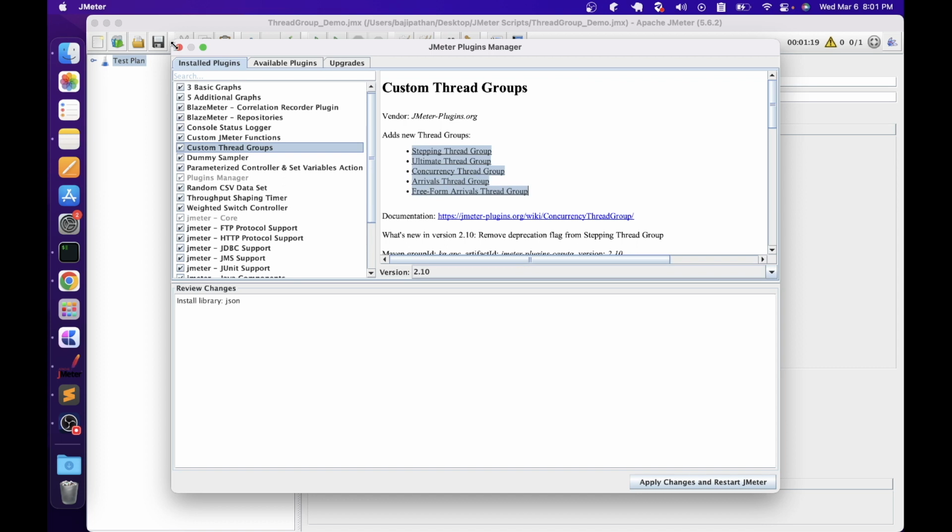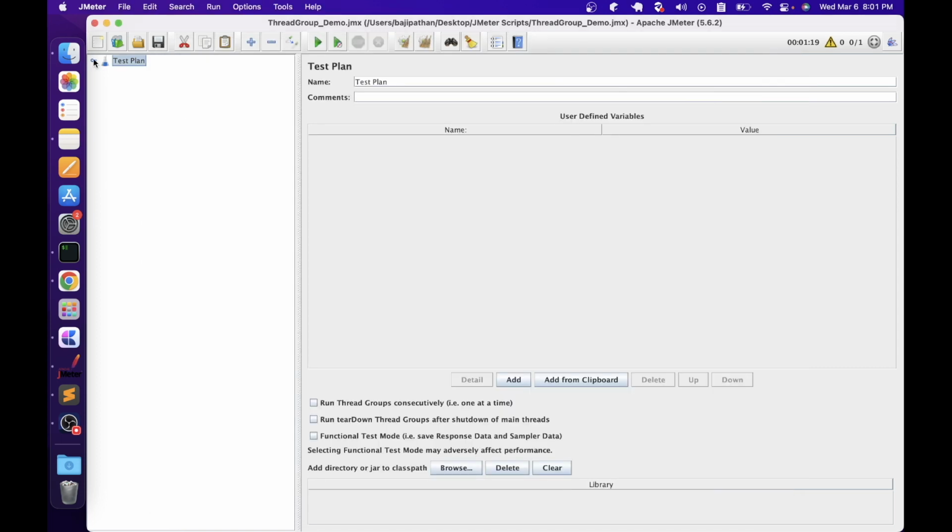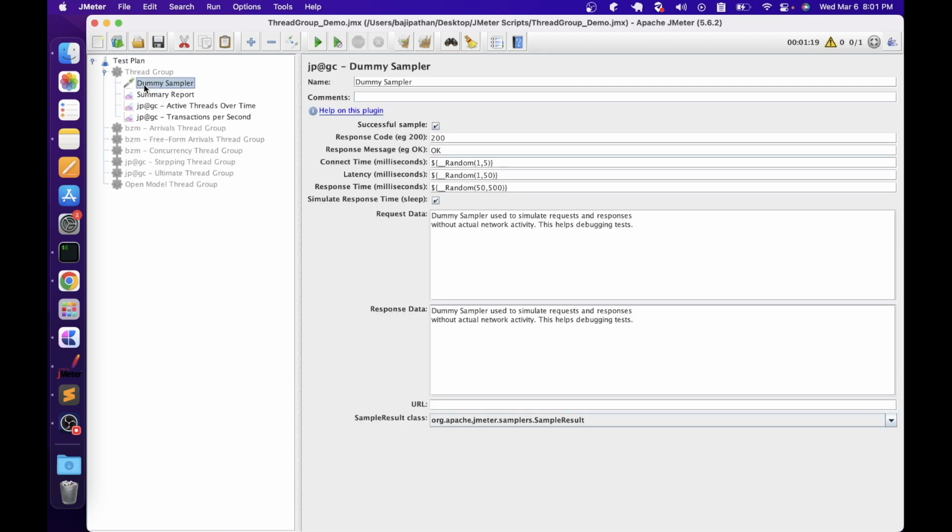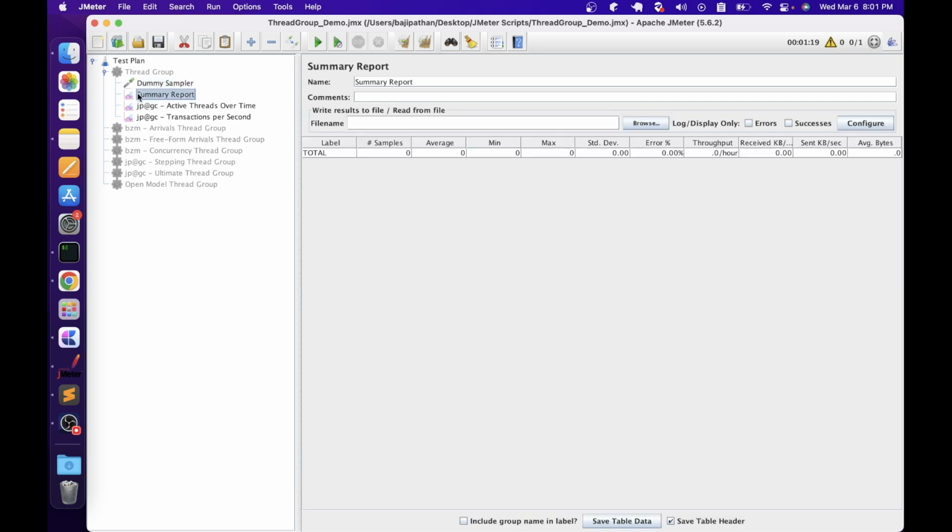Okay, so let's close this window now. Now let's quickly go through the different elements that I'm going to use to demonstrate the different types of thread groups. Okay, so I have a dummy sampler which will be used to send the request, and then I have